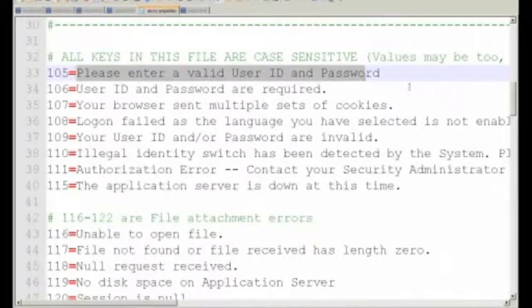Now, another common thing that you may want to do in some of these messages or even on the logon page is to provide more information to people. Like if you support the LDAP logon where people are using their Active Directory credentials, you can put something in there to indicate that. In a lot of cases, it just says user ID and password, and people don't realize that, where you are sharing the network credentials, they don't need something specific to this application. So we would certainly recommend from a best practice perspective,